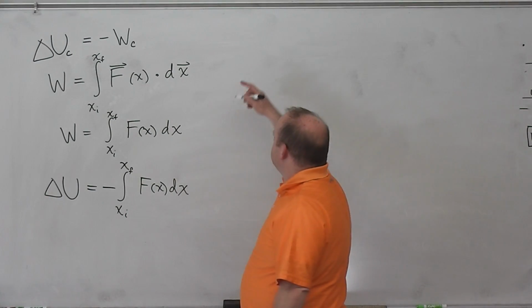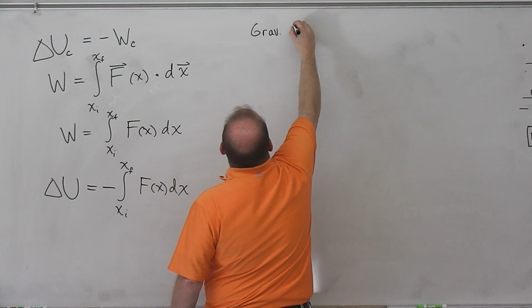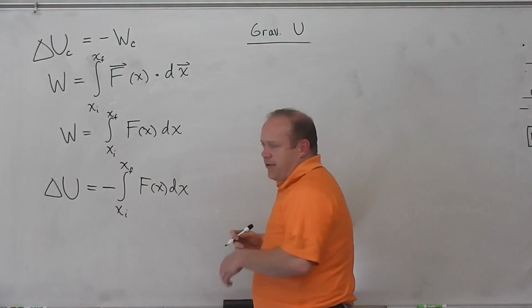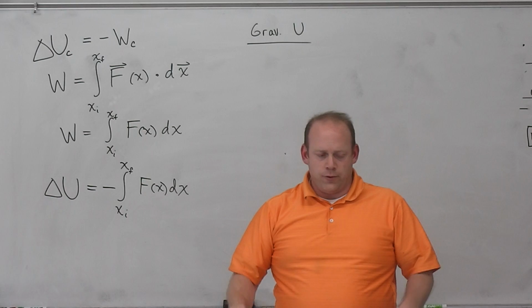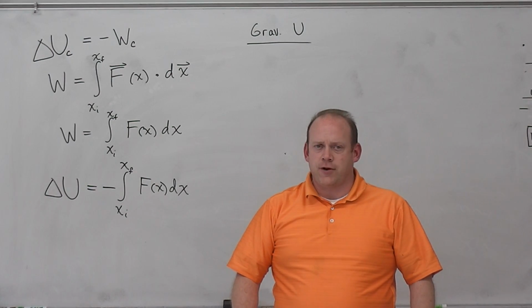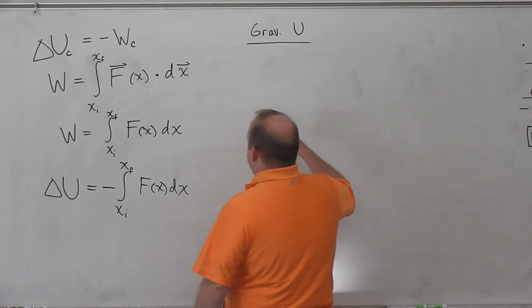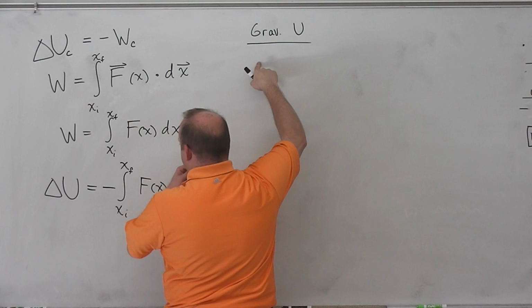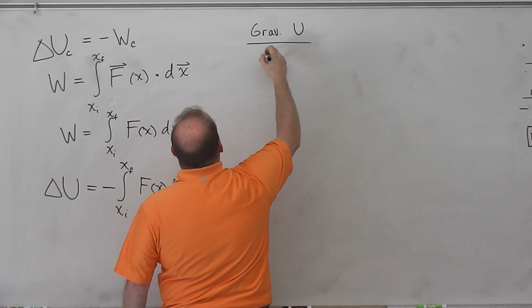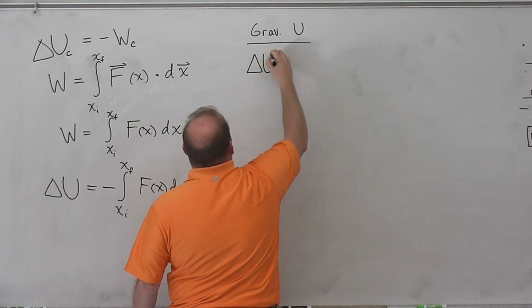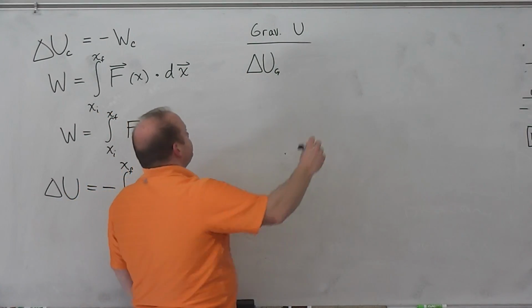So now, let's take a look at gravitational potential energy. And this is not planetary scale, this is near Earth's surface. When we get into planetary scale, then we have to start looking at how the gravitational force changes with distance. But near Earth's surface, the gravitational force is constant. So we're going to say that delta U, G, for gravitational potential energy, is equal to